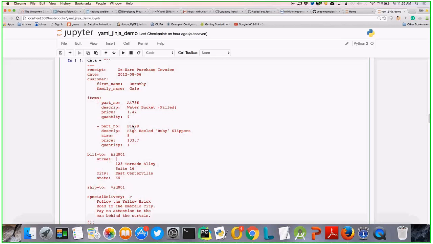Now if you see here the ampersand ID 001, what that means is this dictionary is built to and the value out of that will get stored in this variable. If you have a similar value which you want to reuse, you can set the ID this way, or any name. This is just a name, and you can provide this whole data again to another variable. This is what it is doing.